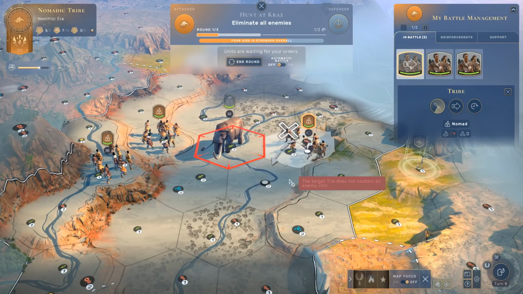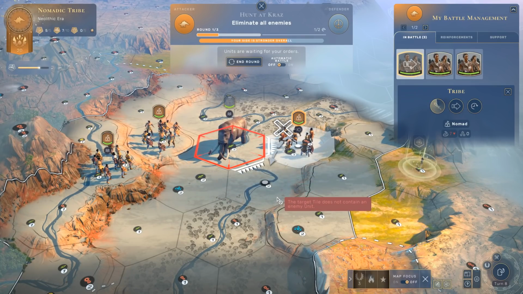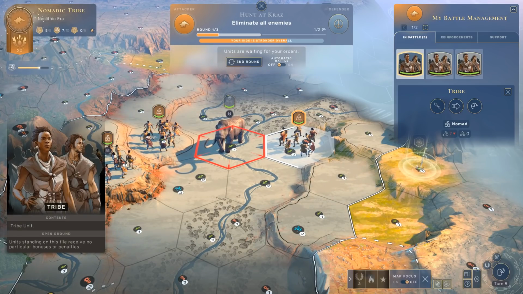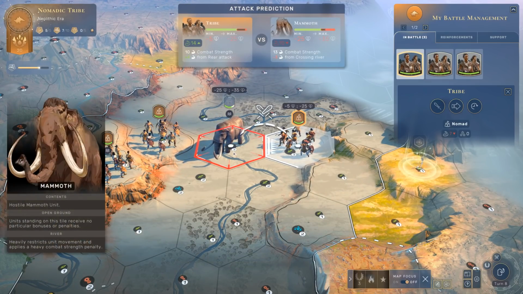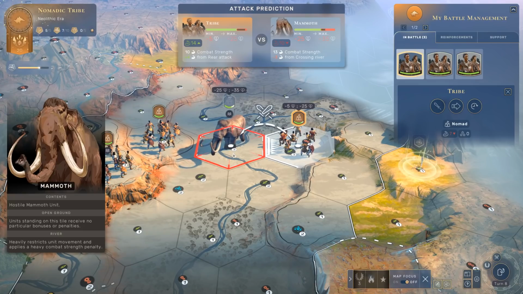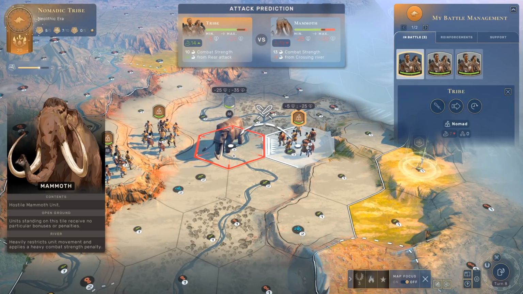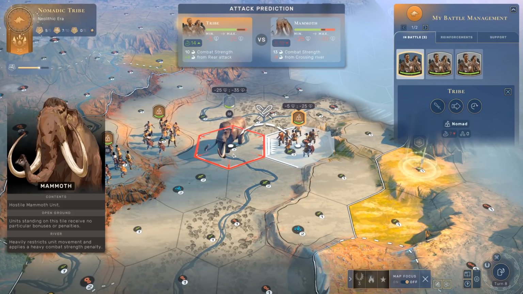In order to get maximum advantage out of the combat system here, it's very important to understand how modifiers are generated. It might not seem like a big deal that this mammoth has 3 more combat strength than we do, but in actuality, the balance on the combat system is very, very tight. Very small differences in combat strength generate huge amounts of damage. So